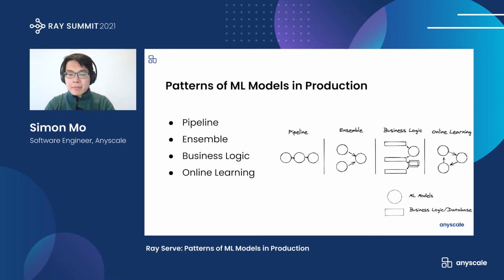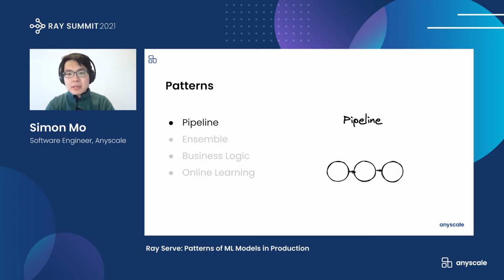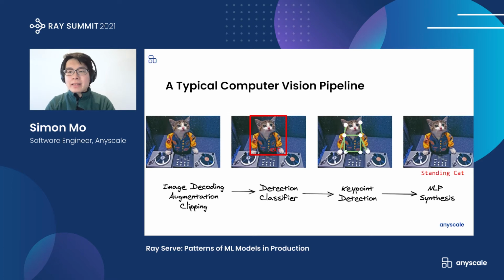We'll go over them one by one, showing why do they exist, how are they used, how the existing tools are used to implement them, and how can Ray Serve solve these challenges. Let's start with pipeline. Let's take a look at a very simple pipeline, and these are typical. Showing here is a computer vision pipeline where we use multiple deep learning models to caption the objects in the